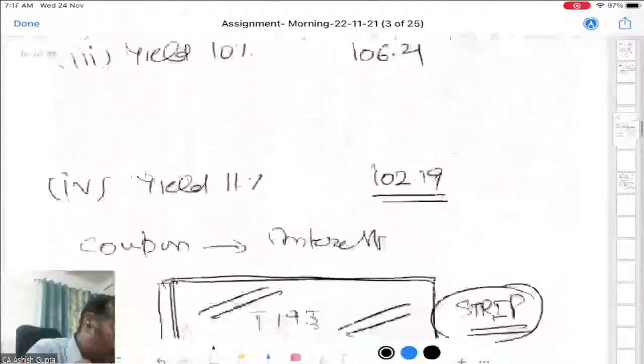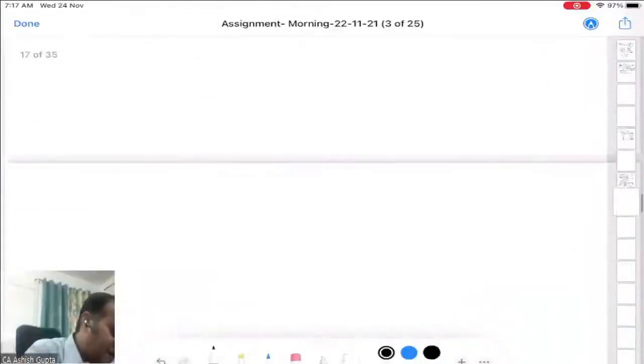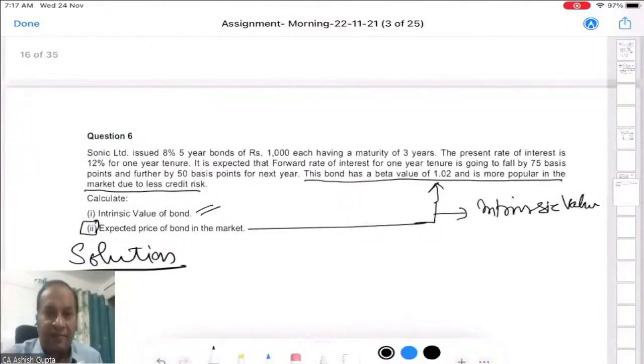But this may not be the situation practically. If we assume that the interest rates and yield are the same, it is called a flat yield curve. That will be the topic of our next discussion. Practically, we follow a different yield for different years, and accordingly we have to compute the value. Now let us see the solution.